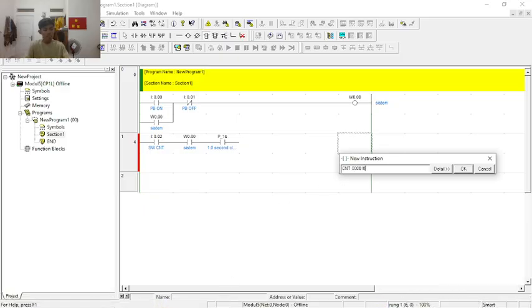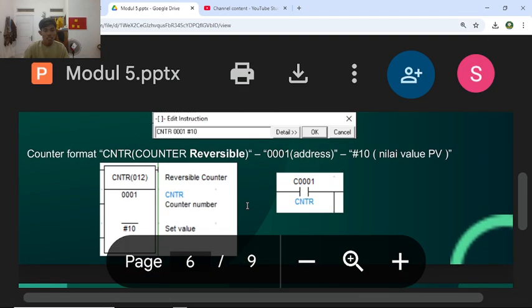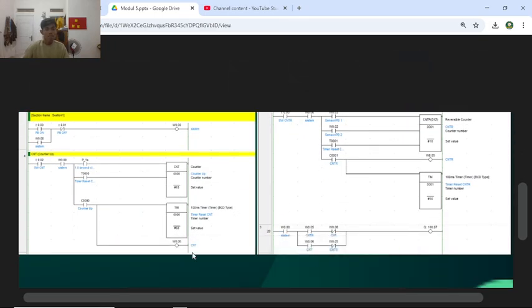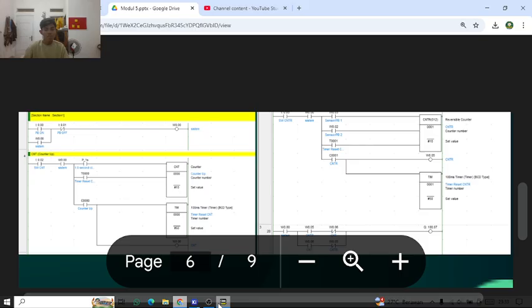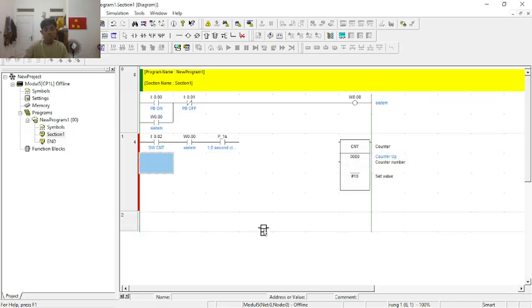Hashtag 10. The comment is counter up. Okay, counter up. Okay, then connect the component. Then I will add